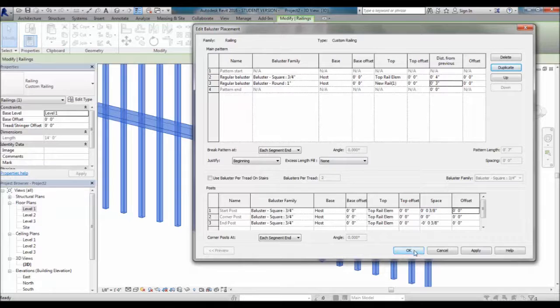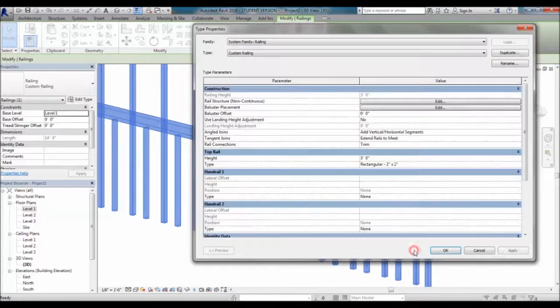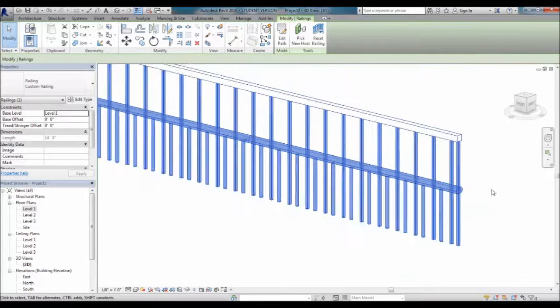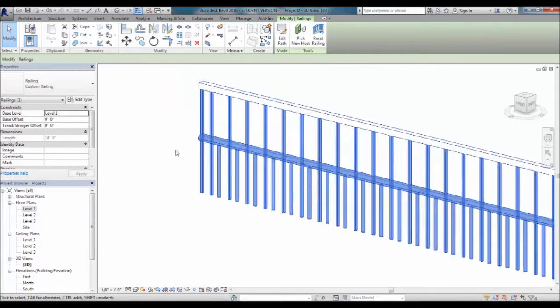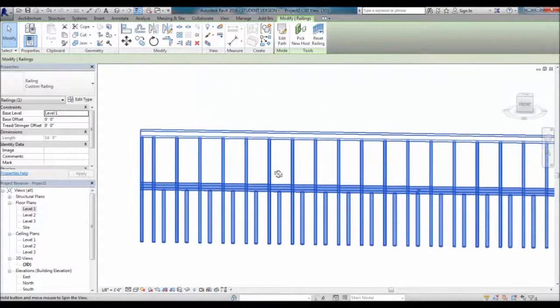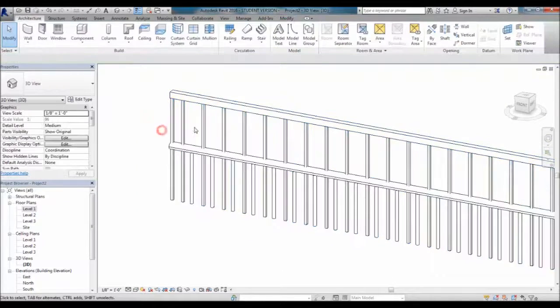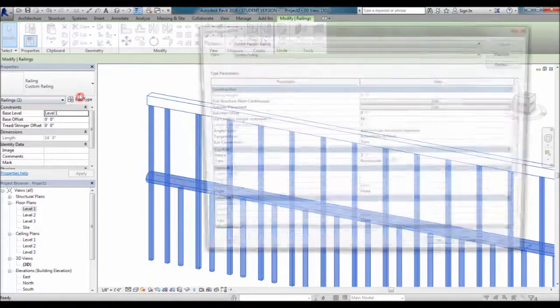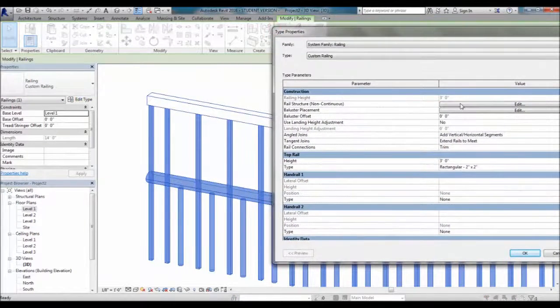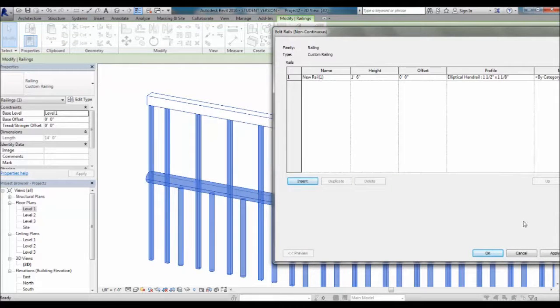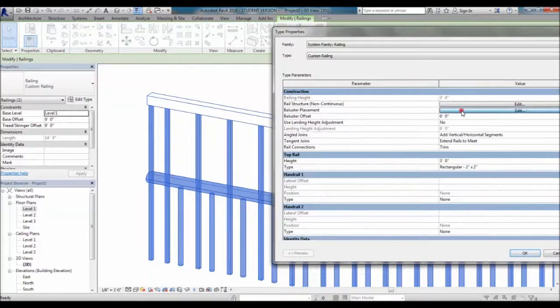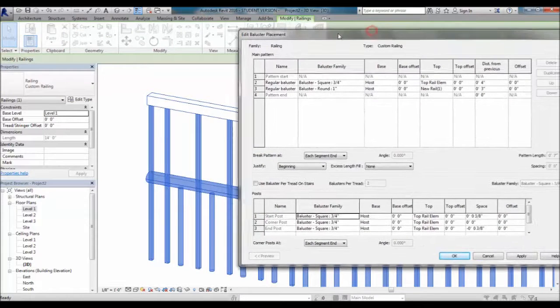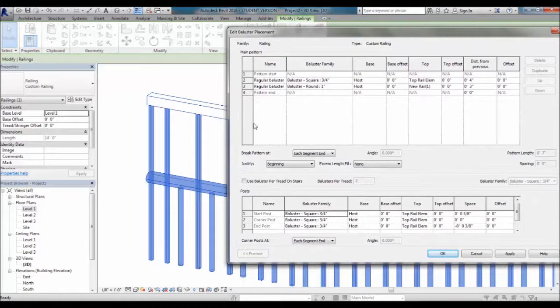So that being said, I'm going to leave that as is. I'm going to go ahead and hit OK, and you should see your pattern change. So if I come back out here, let's take a look at this. If we remember, if we look at balusters, what we just did here, so we said, okay, Revit says pattern start,